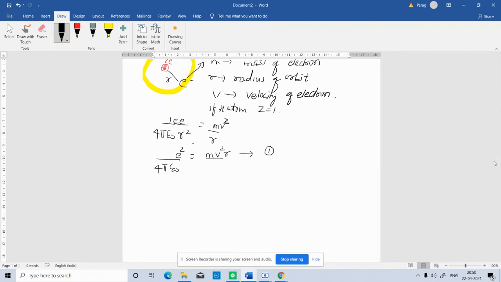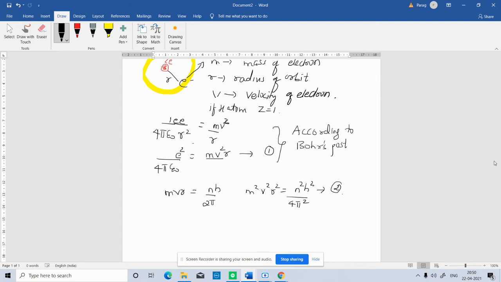How did we take these points? These are according to Bohr's postulates. Then there is one more postulate which says that the electron will have angular momentum. Momentum is quantity of motion. So angular momentum mvr is equal to n into h by 2 pi. Square it on both the sides. You get m square v square r square is equal to n square h square divided by 4 pi square. I call this equation number 2.